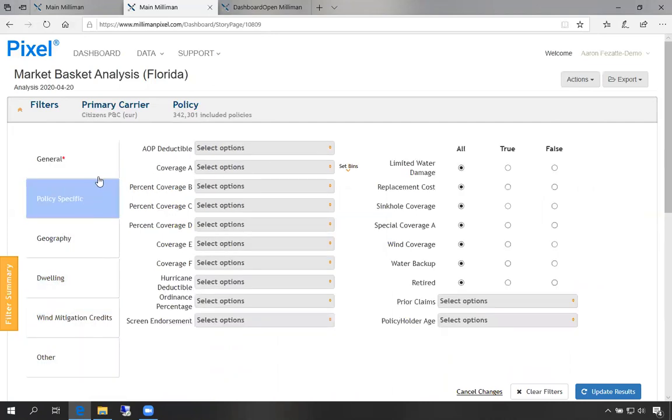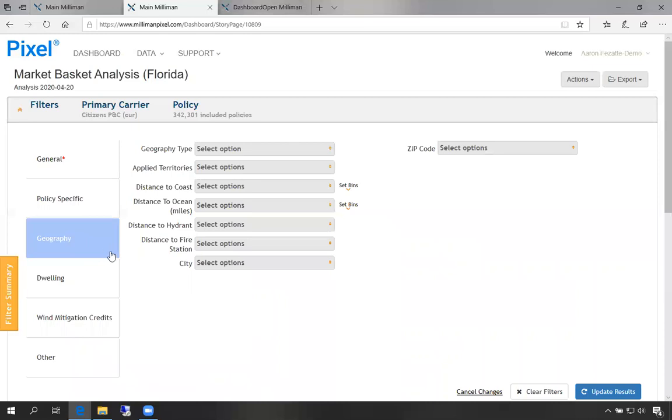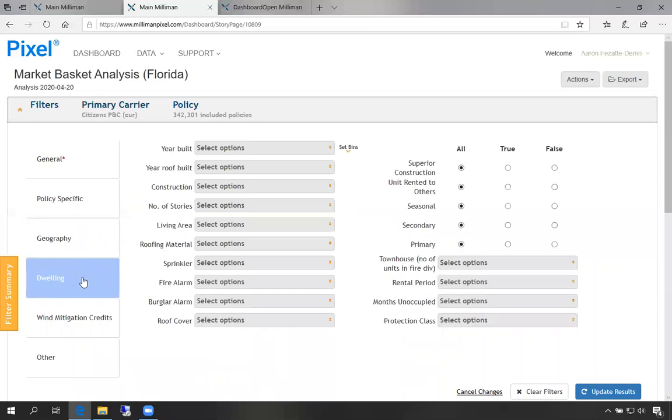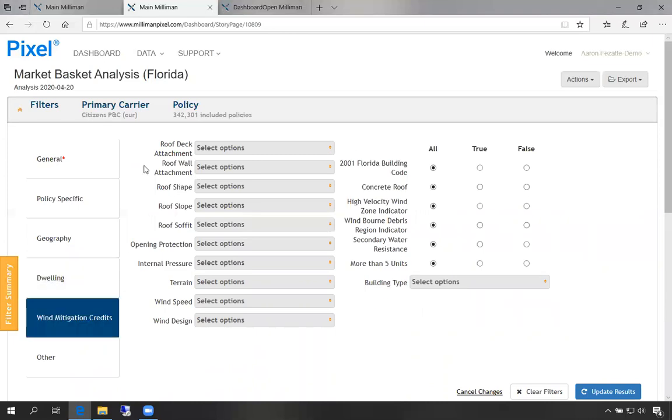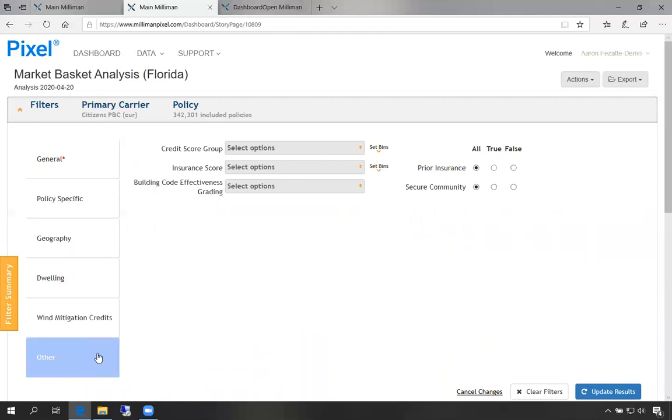As you can see, there's policy specific, things like coverage amounts, endorsements and deductibles; geography, things having to do with the physical location of the risk; dwelling, particular attributes which are going to be associated with the house that is on the property; and then also various WinMIT specific things. This might not necessarily be applicable to all states, but this is one category that we have for Florida in particular. And then this other category, which includes your BCEG and your credit and some other rating attributes.